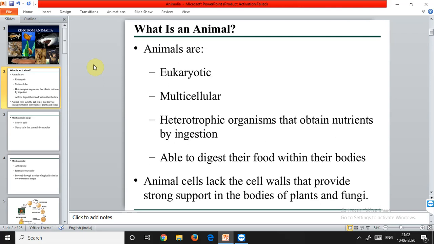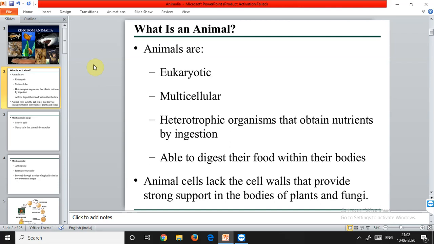They are able to digest their food within their body. Some lower organisms digest their food outside the body, usually in water. But animals are capable of digesting their food inside the body,